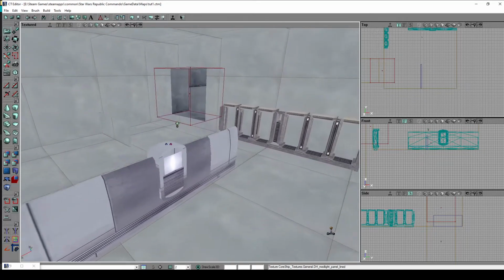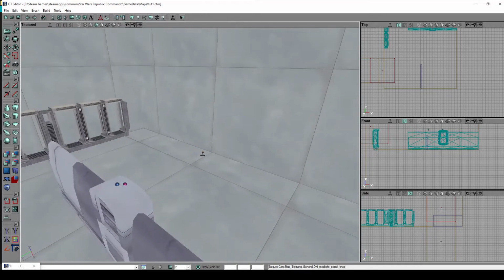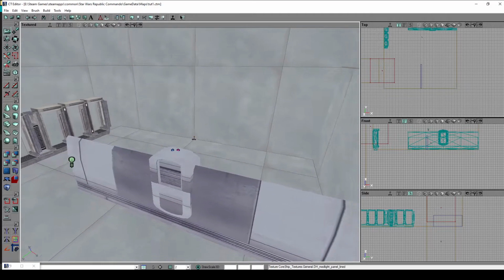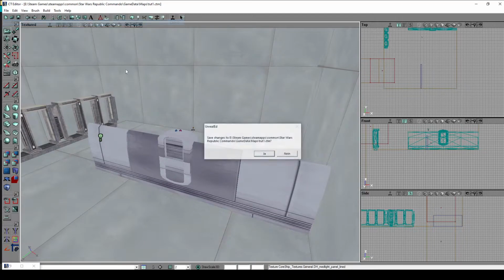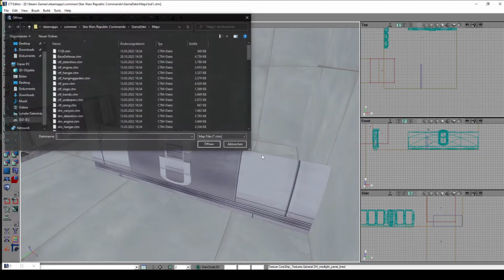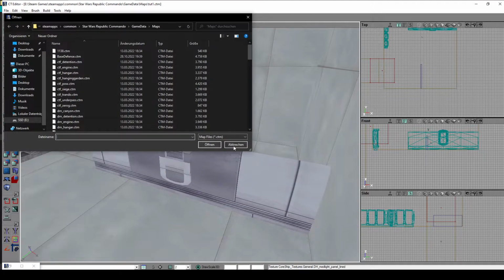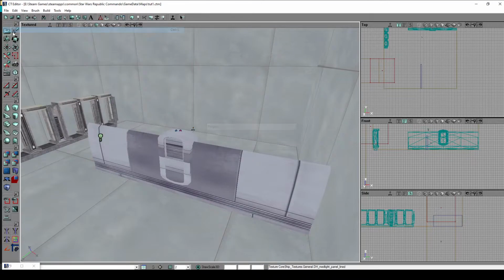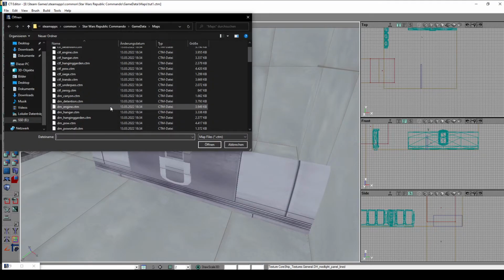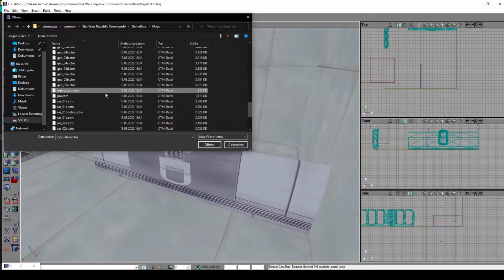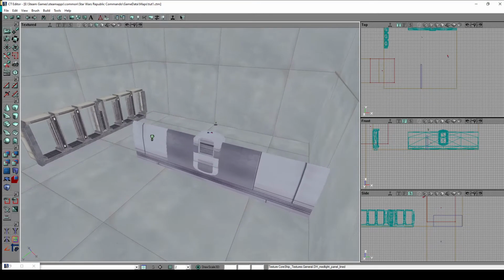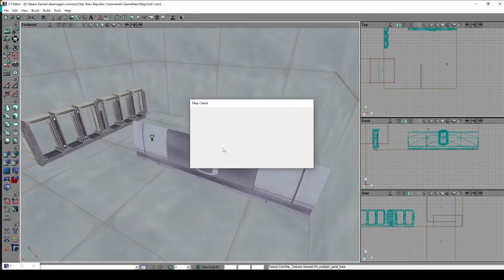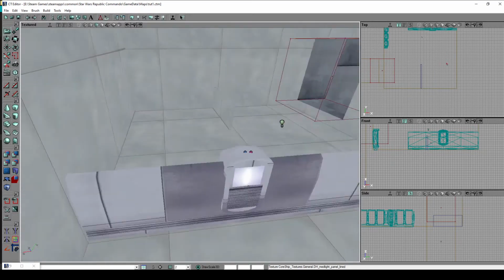Unfortunately, I don't know if it's possible. If you want to see the effect in the editor, I guess you would have to reopen the map. Wait, save, open. Nope. Okay. Anyway,